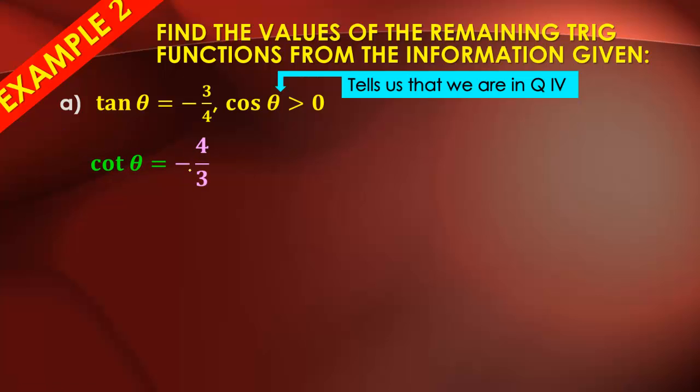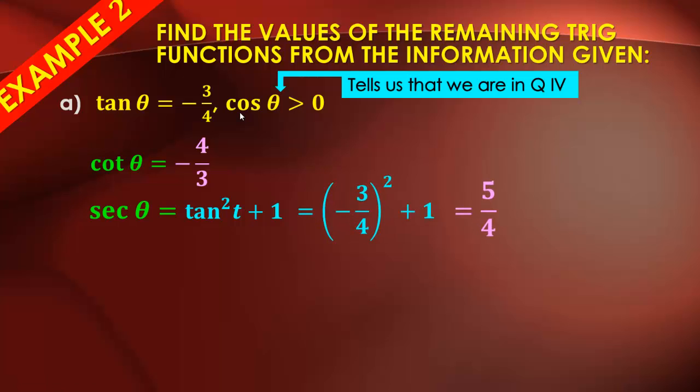So cotangent's easy enough. Just flip it. So negative 4/3. So that's easy. Now, as far as finding the rest of it out, secant squared we know is just tangent squared plus 1. So we can take tangent of negative 3/4 and square it and add 1, and that'll give us 5/4, because